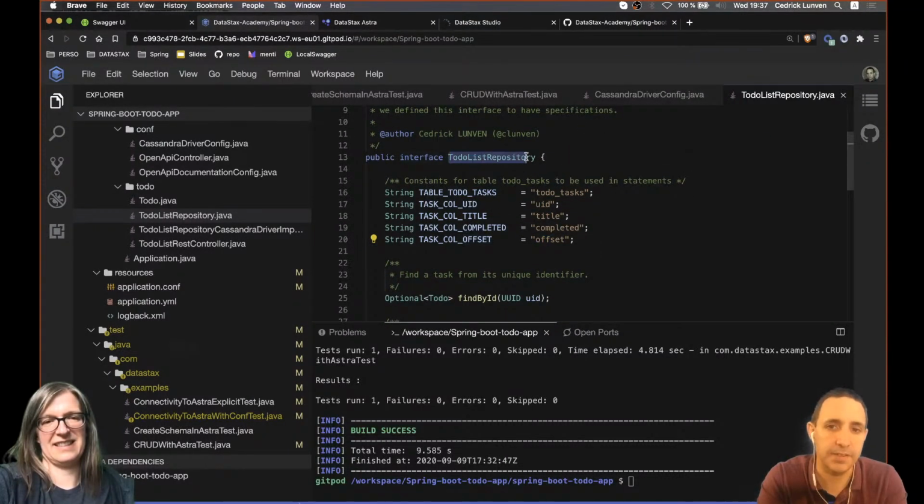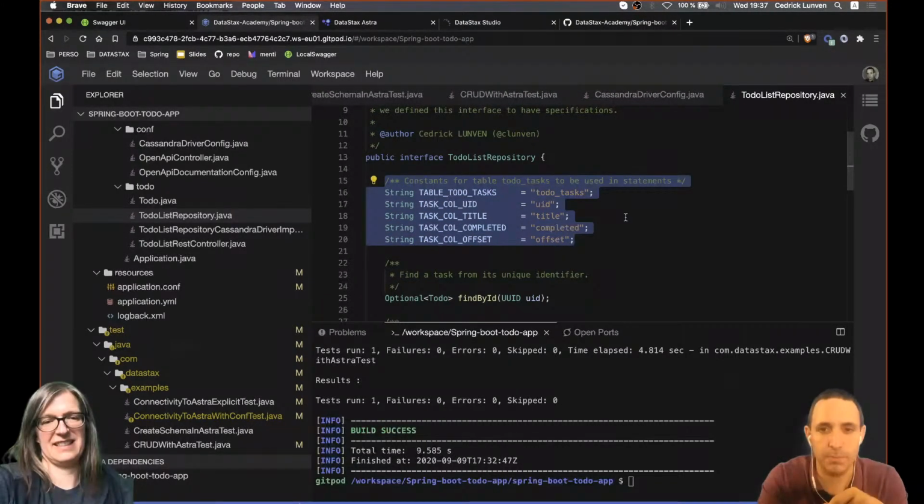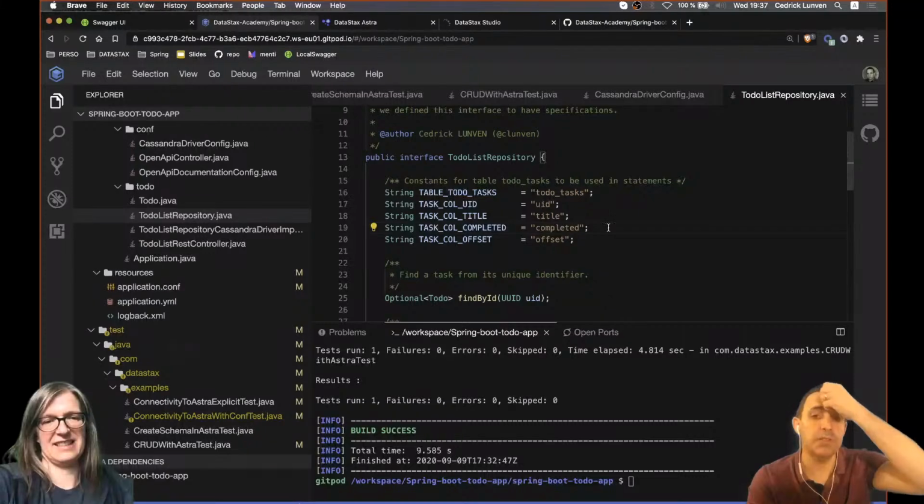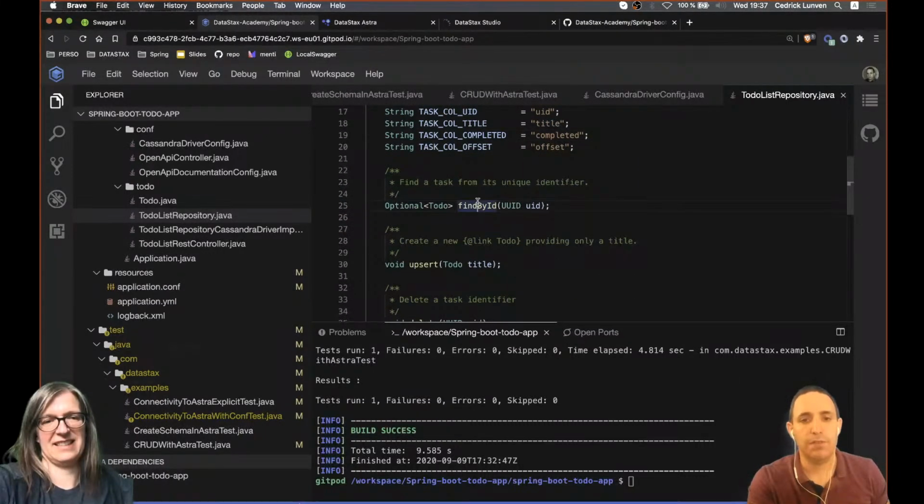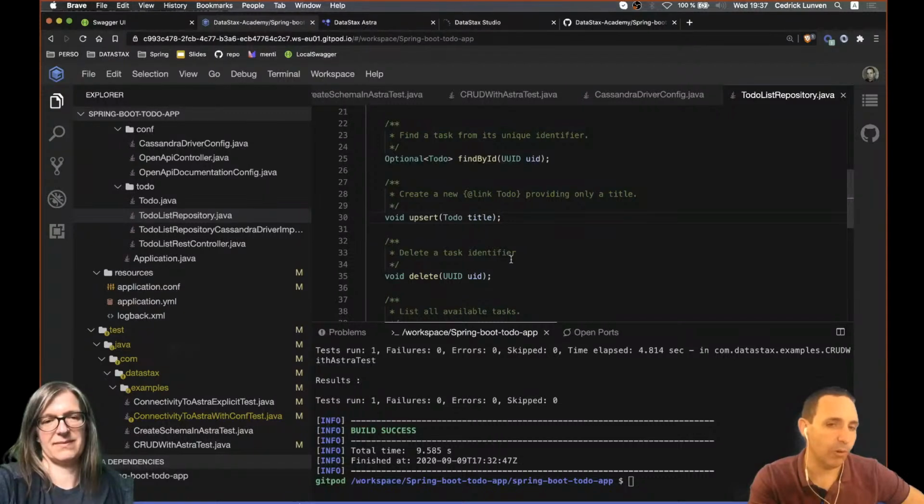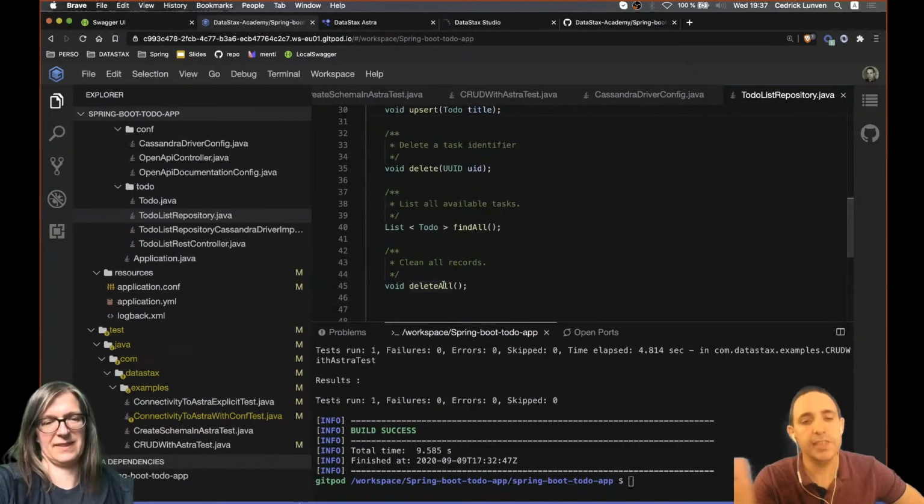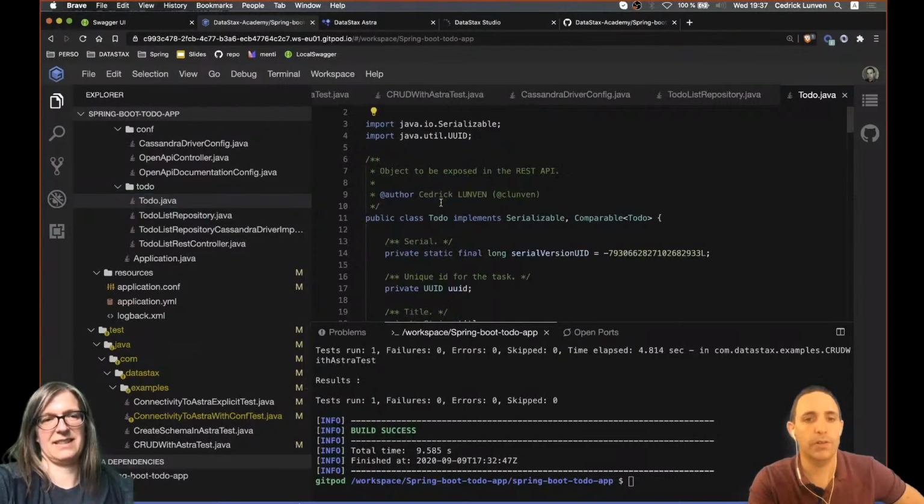This is an interface. Remember the small trick to get all the constants in a single place. And in this repository, I need to have find by ID, update, create or update, which is upsert, delete, find all, delete all. See? And I do have an object named to-do with all the